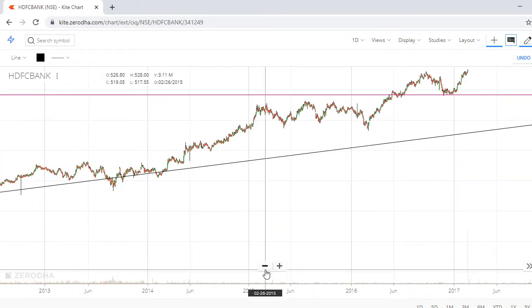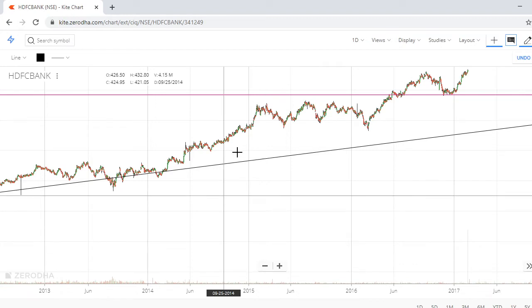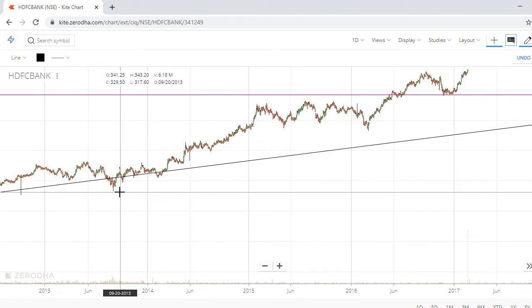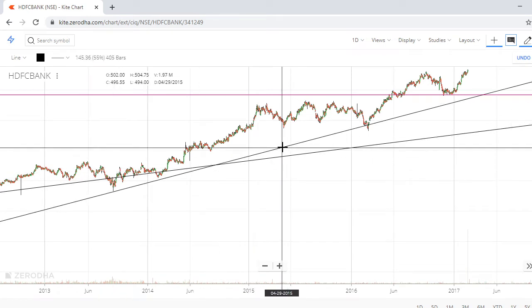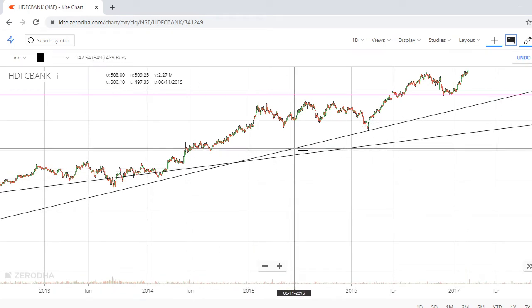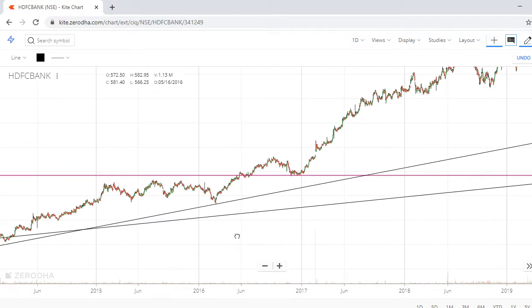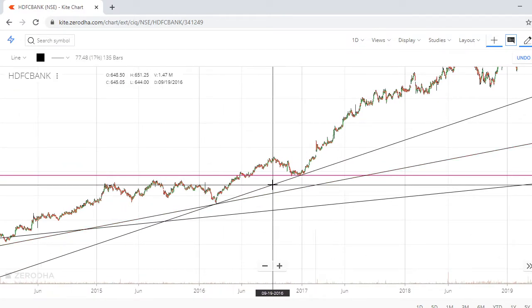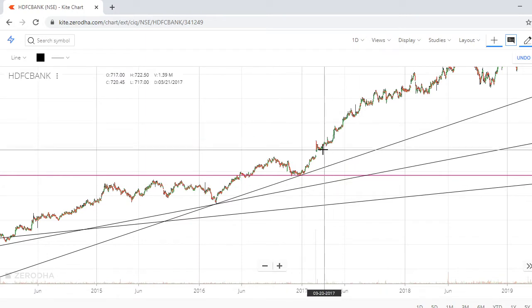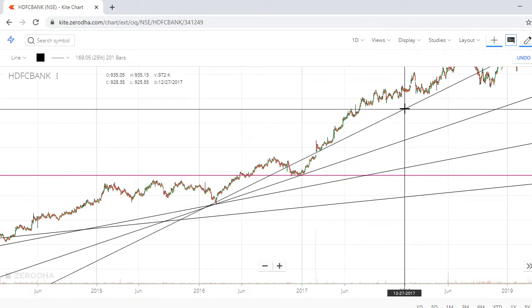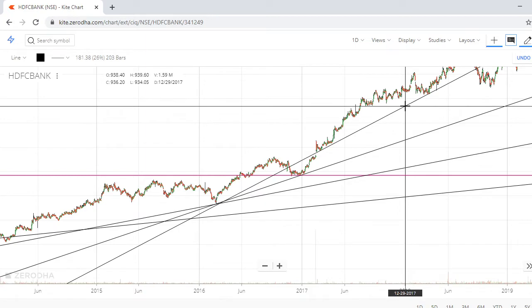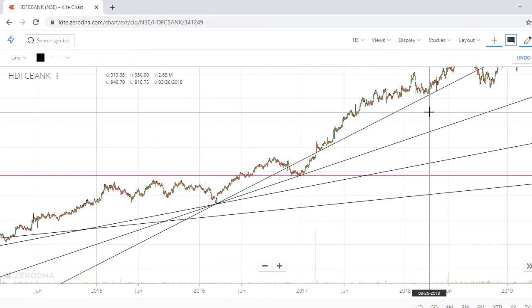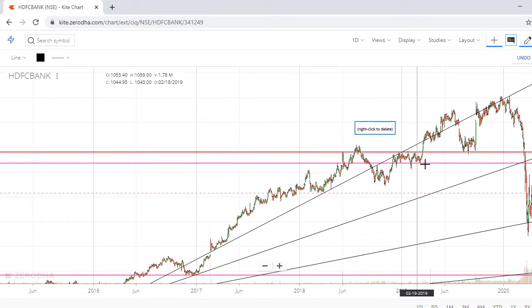So what you need to do, you need to join any two swing lows. Let's suppose you can draw one more line here. It doesn't matter, there is no hard and fast rule that you should draw only one trend line. Now somebody may feel that no sir, I feel these two are good. Okay, carry on. Okay, everything works. Only thing is your interpretation should be good, your understanding should be good.